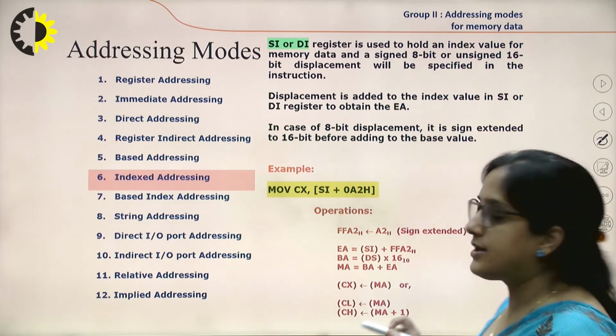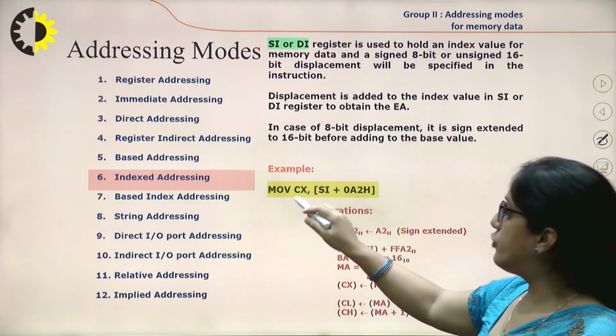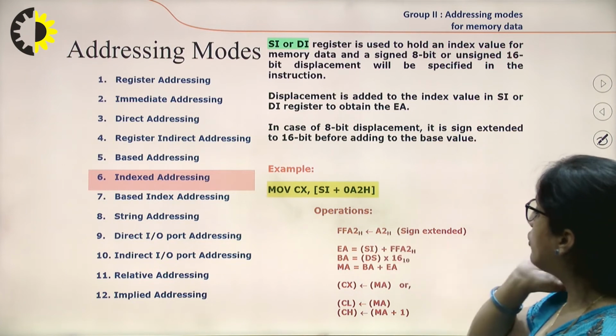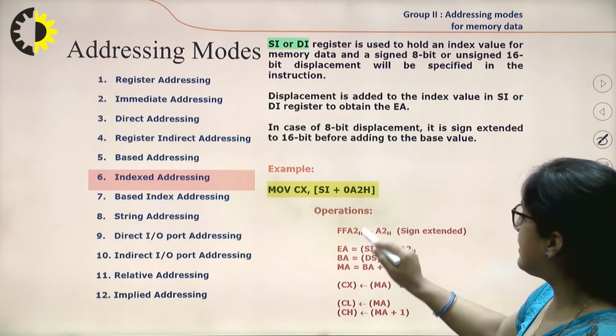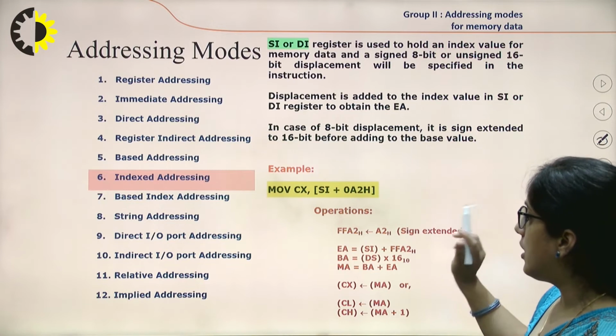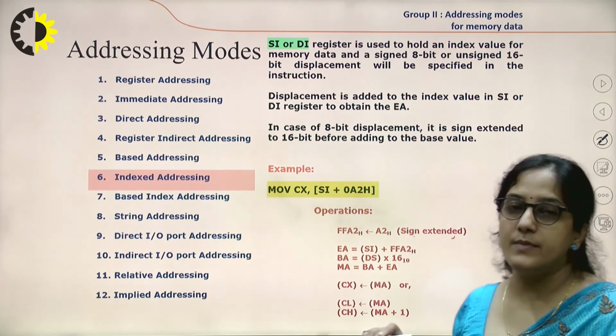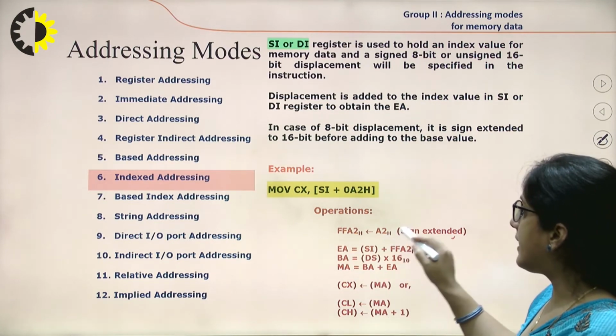So here you can see in this example, MOV CX, [SI + 0A2H]. How are we going to do this? As it is written as 0A2H, these are sign extended. Sign extended means here A2 we are taking it as a